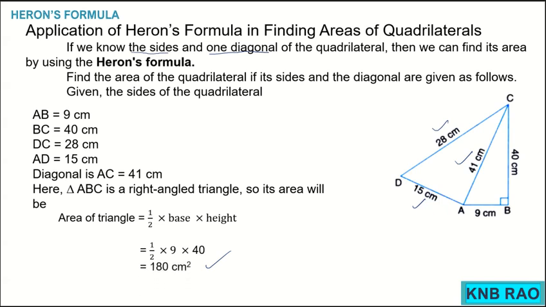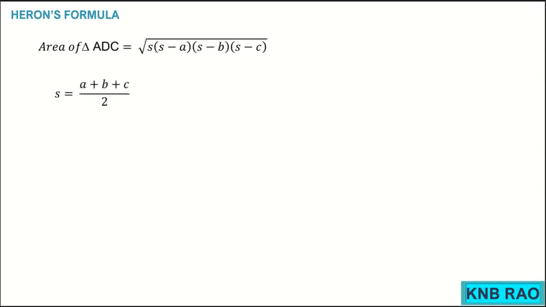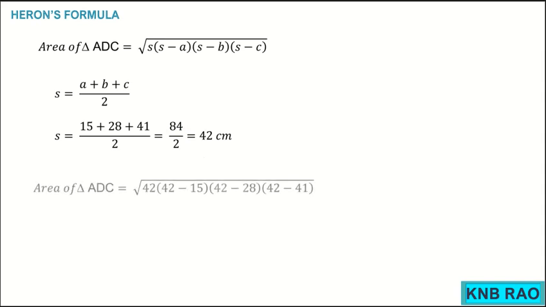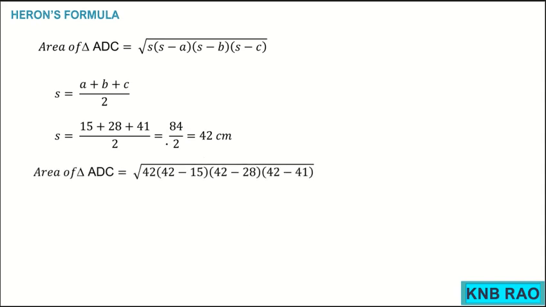Here in this Heron's formula, a, b, c are 15, 28 and 41, and from that the semi-perimeter is 42 centimeter, and thus the area of triangle ADC is, substituting 42, 15, 28 and 41, we get 42 into